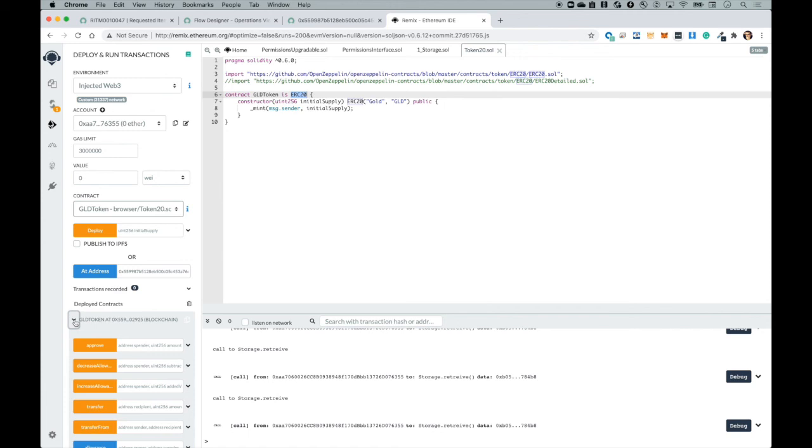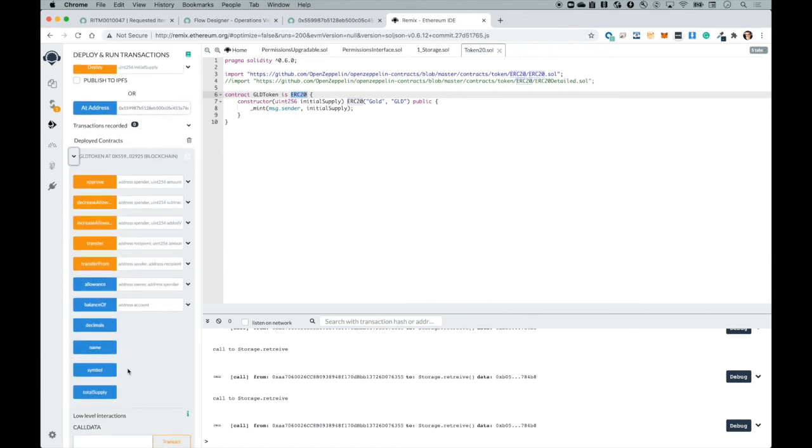As you can see, there are a lot of methods here. The blue ones are the read, the gold are the write methods, and I have the total supply method that tells me how many tokens supply I have for this object. And as you can see, I get my 1 million with 18 zeros in addition. Okay, this ends the second part of the demonstration.